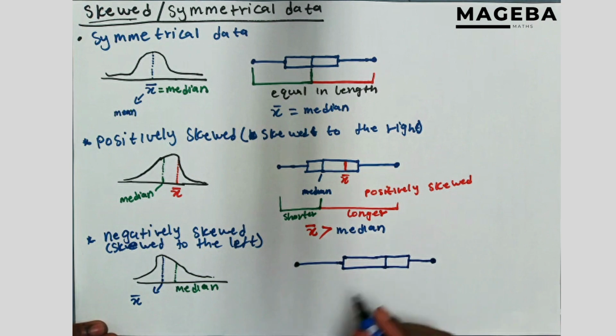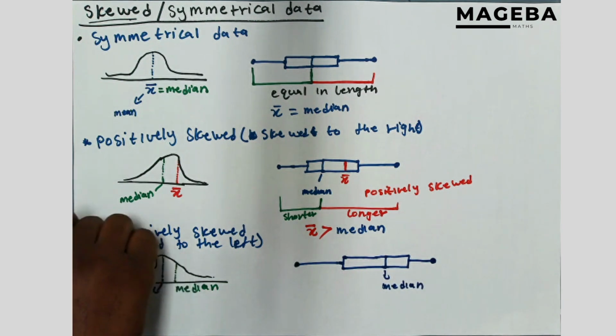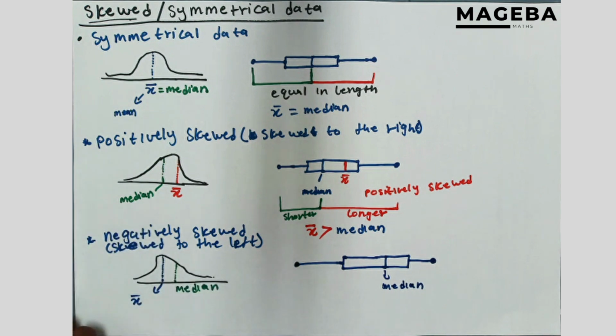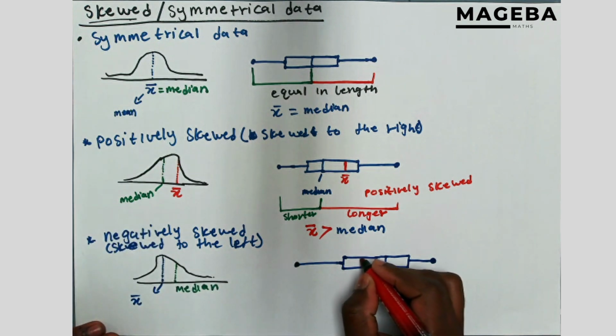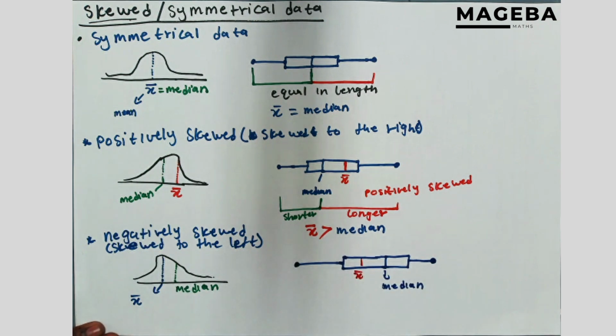This is my box and a whisker. Okay, this one is going to be my median. So if this one is my median, now let me draw my mean. My mean is going to be on this side. And now if you compare this side from the median, remember, from the median coming to this side,